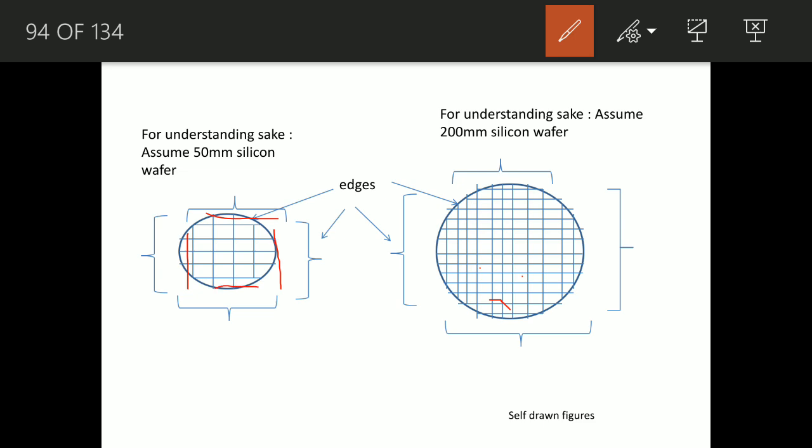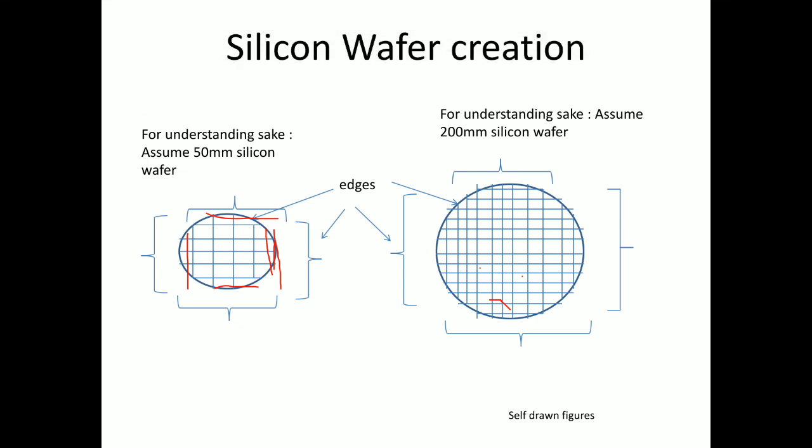This area, the edges, these are the edges getting wasted. Why? Because you can see more edges are getting wasted. This is because we are using large size ICs. The IC which is going to be manufactured is large in size, so the boxes are big. Since the boxes are big, we can accommodate only fewer ICs on the silicon wafer. So we'll be manufacturing fewer ICs in a single IC manufacturing process, and much of the area of the silicon wafer is getting wasted.